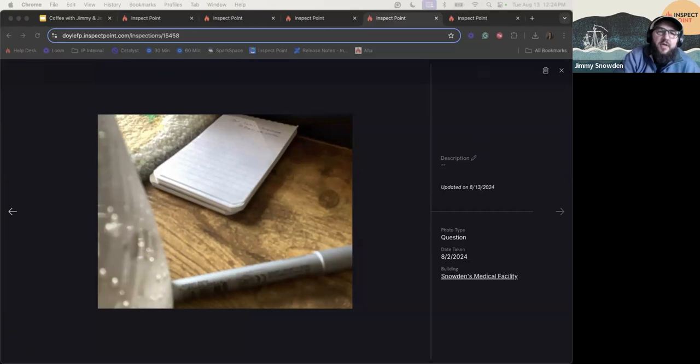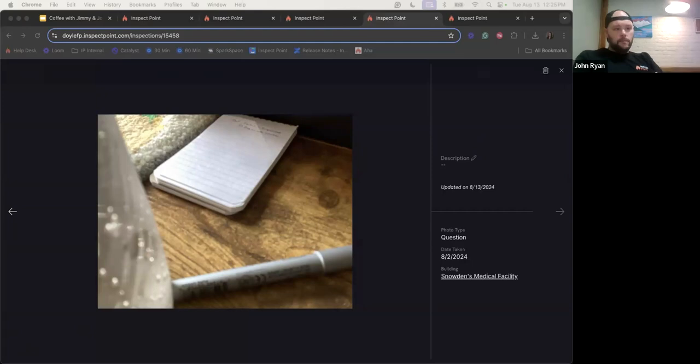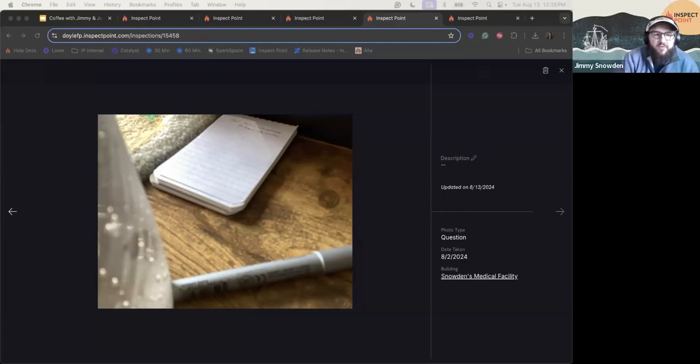Before, the estimators would look at a photo and say, what is this photo? What is it related to? Is it related to a deficiency? What am I looking at here? Because a photo only has meaning when it has context, just like anything else. And now that you can look at the photo and it shows what question it lives on and what deficiency it lives on, the estimator can see all of the context, which means they'll have the knowledge to generate a quote